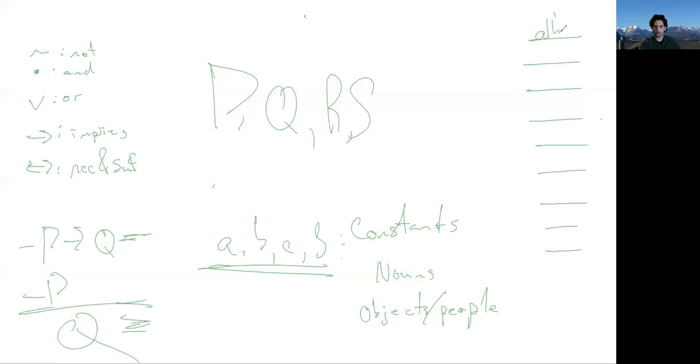So we can talk about, maybe there's Albert, Billy, Cassie, Jack, Janet. Right, so we can just think about it as if there's a long list of all the objects we want to talk about. And these constants are just names for each of these objects. So it's easy enough just to assign A to Albert.